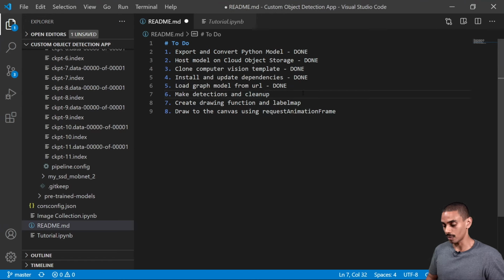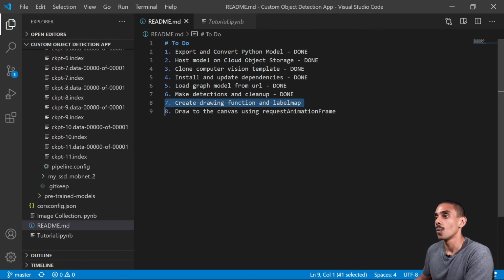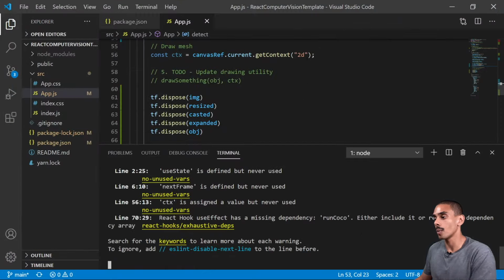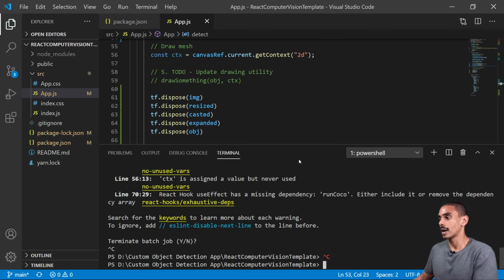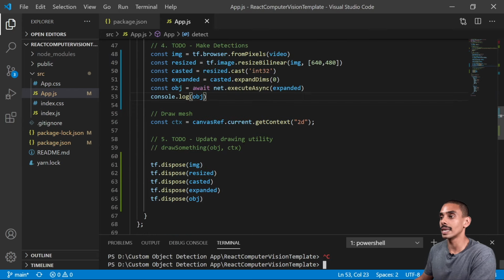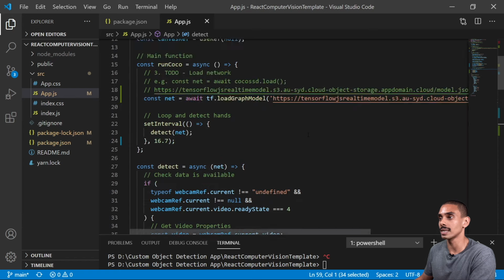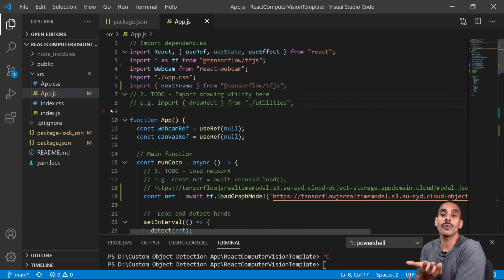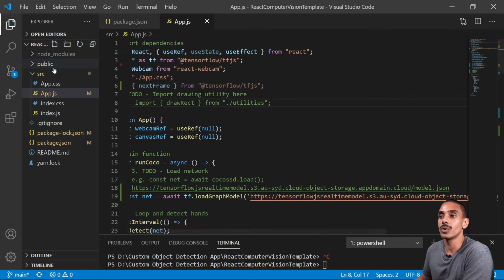So in this case, what we've done is we've now started making detections. We just need to complete step 7 and 8, and then we're all done. So let's jump into our app. What we really need to do, we can stop our app right now, is finish up this drawing step here and actually bring in our drawing. Now, in order to write our drawing script, we're going to create a new file